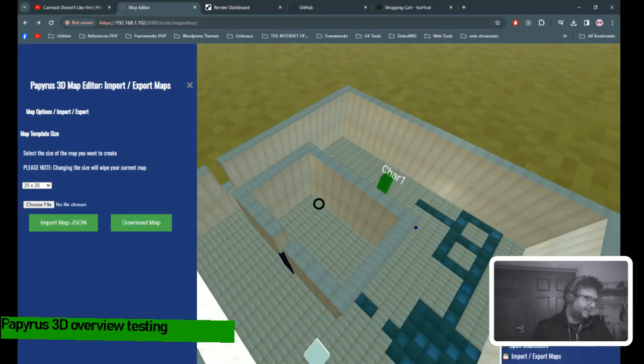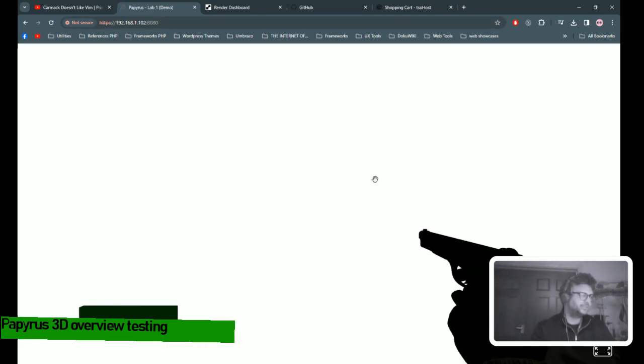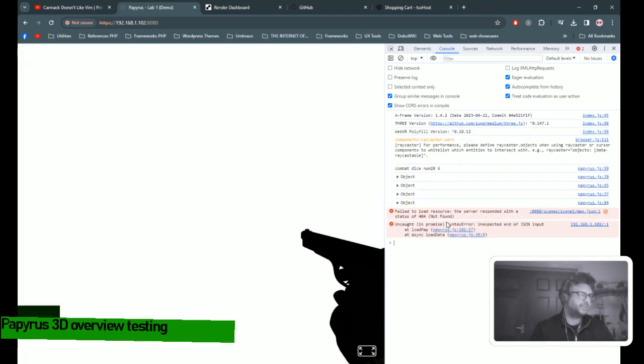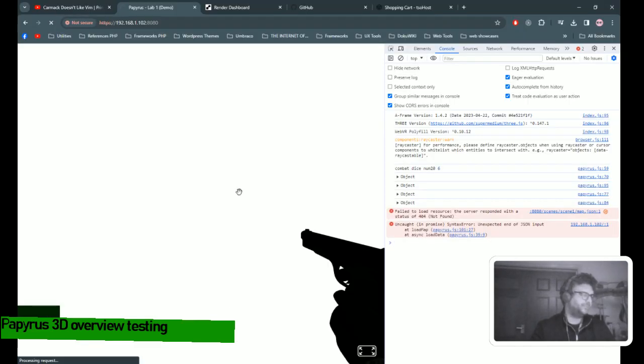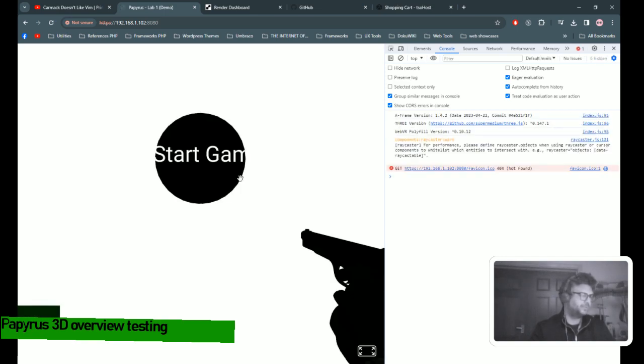Save it. Now I'll load the game engine up itself. Just have the root index file, the root HTML file. Boot it up. Put the sound on as well. Wait for it to load. Or is it broken? Possibly something broke there. Oh, because it should be map, not map 1. Okay, map. It has to be specific.